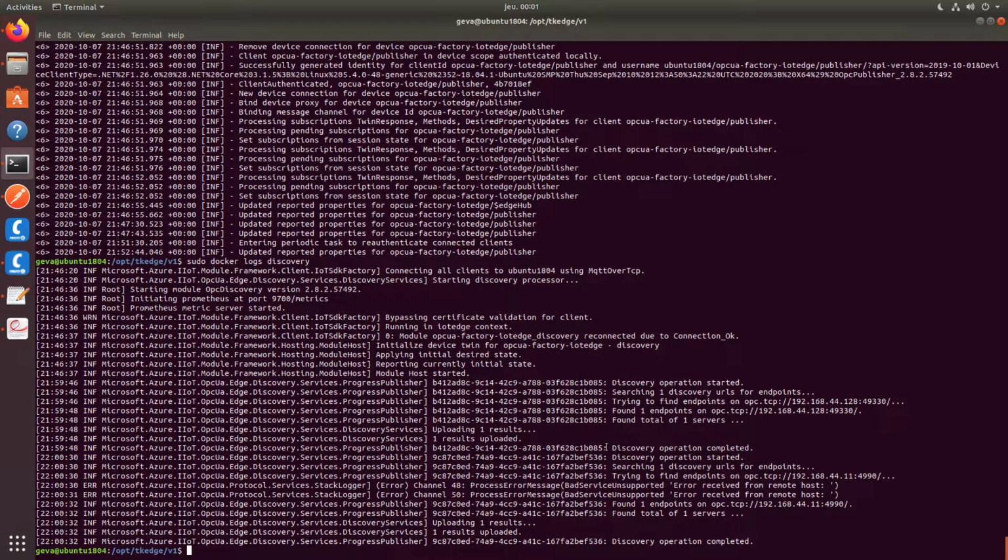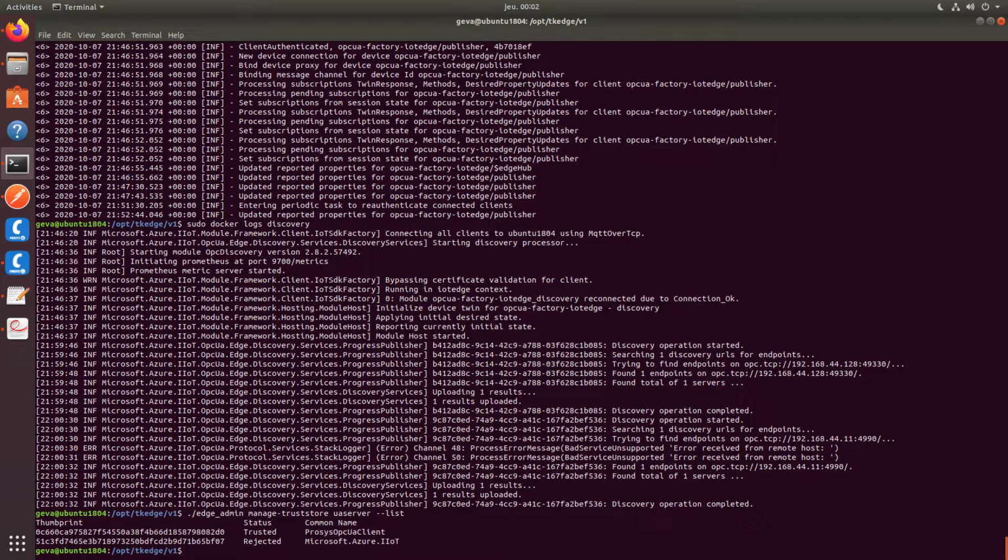So one thing to keep in mind here is that we do have security enabled on the Kepware server, and we haven't done anything yet with certificates. So we're going to have a look at those certificates, and you can see I'm in the ThingWorx Kepware Edge folder here. So if I do edge admin, manage trust store, UA server,